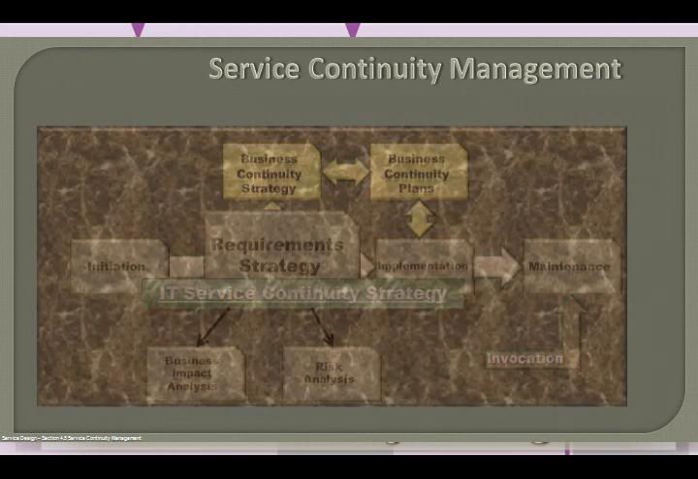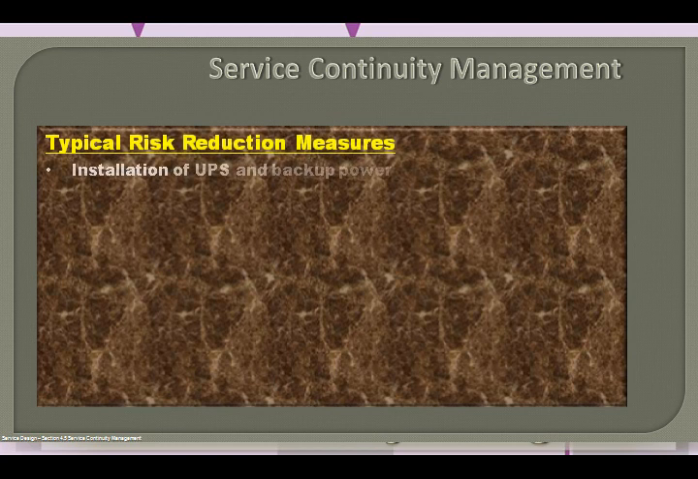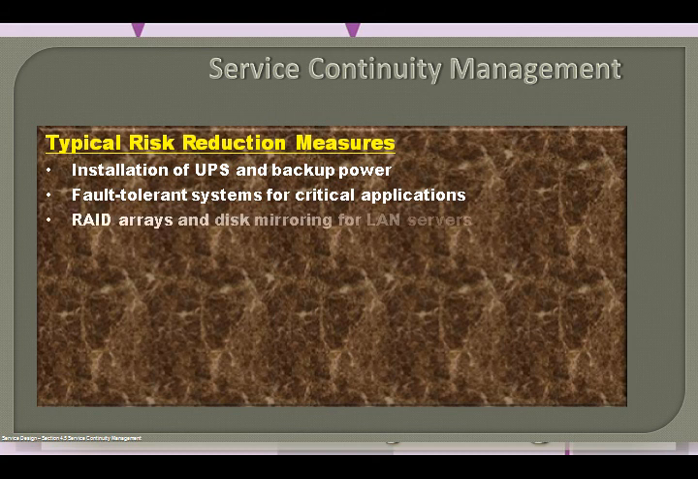This list highlights the typical risk reduction measures undertaken by an organization. It includes such things as the installation of UPS and backup power to the computer, fault-tolerant systems for critical applications where even minimal downtime is unacceptable, RAID arrays and disk mirroring for LAN service to prevent against data loss and